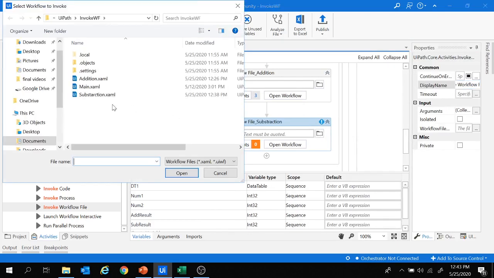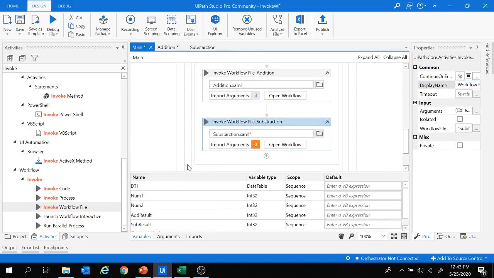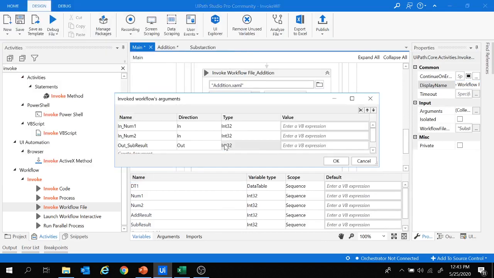Let's click on browse, and let's select this subtraction workflow from here. Let's click on open, and from this import arguments, here you see all the arguments which we created under this subtraction workflow are present over here. So we need to provide the corresponding values over here, which will help to pass the values from the main workflow to subtraction and vice versa.